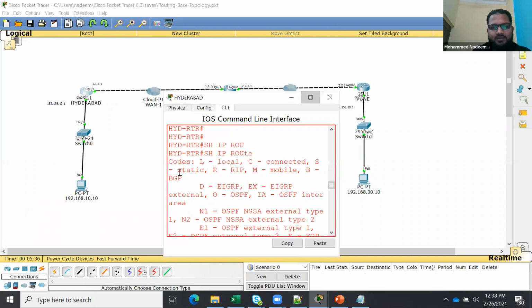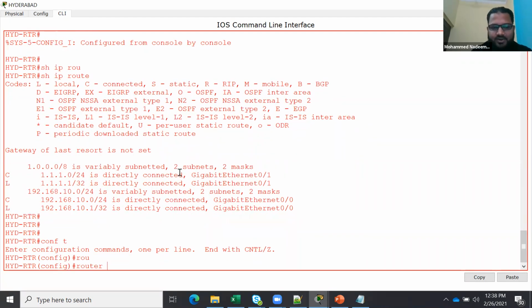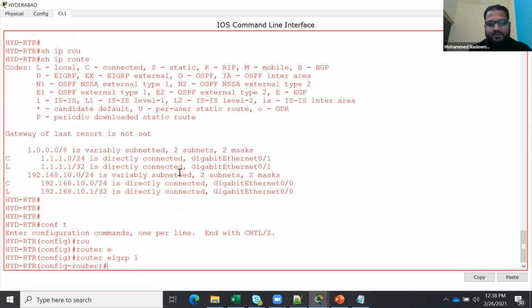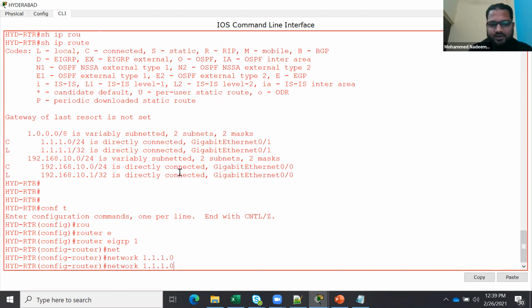So that was RIP. Now let me use EIGRP. Router EIGRP, here you need to define the autonomous system, 1. Network. What is your own network? 1.1.1.0. This is one network, and another network is 192.168.10.0.